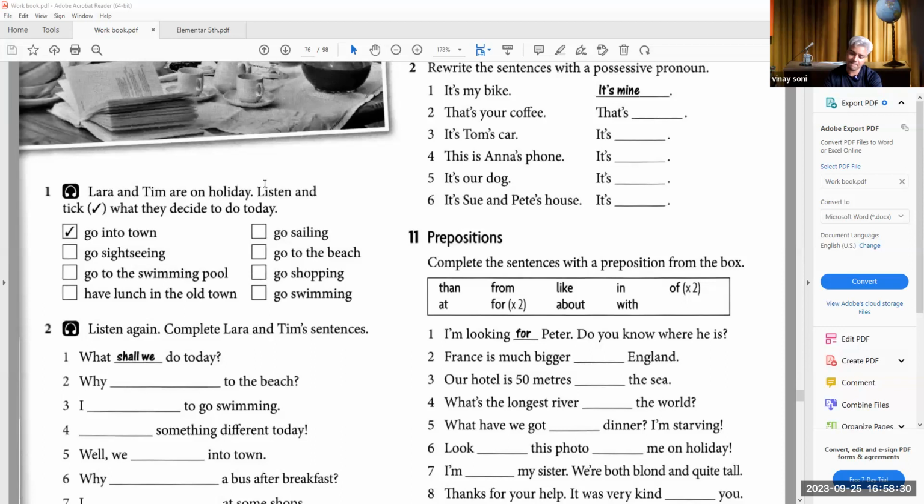Well, okay. Then after that, we can go to the old part of town and find a restaurant for lunch. What do you think? That sounds great. And then in the afternoon, we can go to the beach. And I can go swimming. Perfect. Let's catch the bus straight after breakfast.